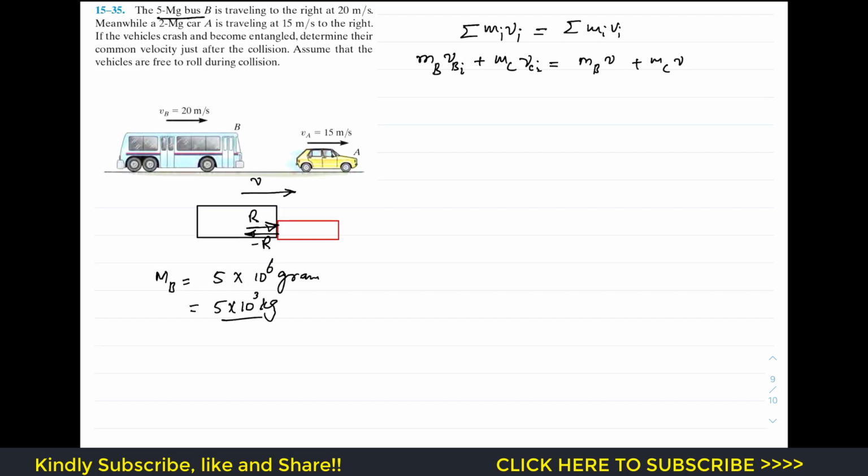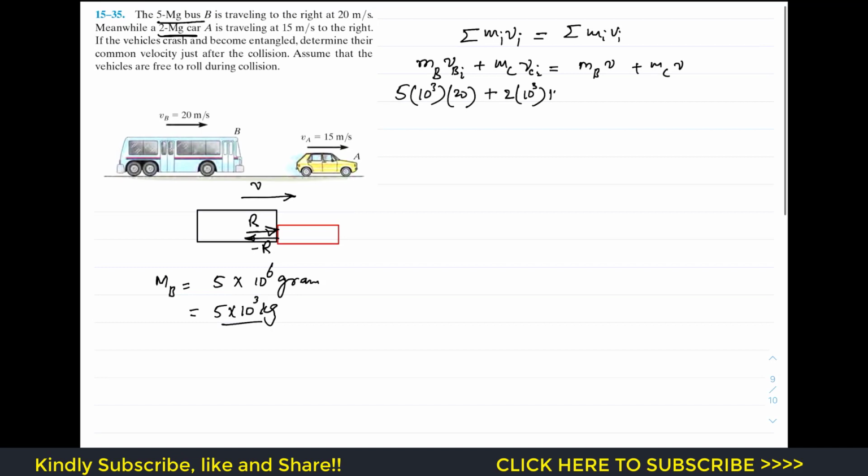So this is 5 into 10 raised to the power 3, and the initial velocity of the bus is 20, plus the mass of the car is 2 megagram, that is 2 into 10 raised to the power 3 kgs, and the initial velocity of the car is 15, so I will multiply it with 15, and this will be equal to